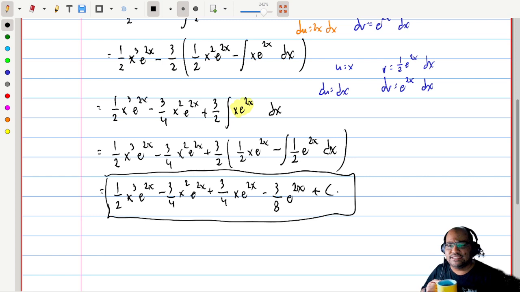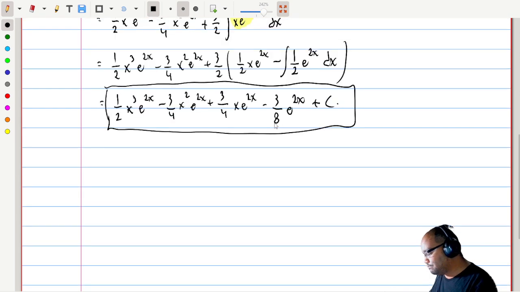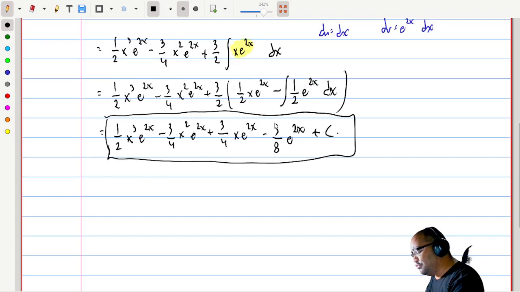So this is how you do it classically. If you have to do parts once or twice, this isn't too bad. This table method is used when you have an integral of a polynomial against an exponential, sine or cosine. So the other way you can do this here